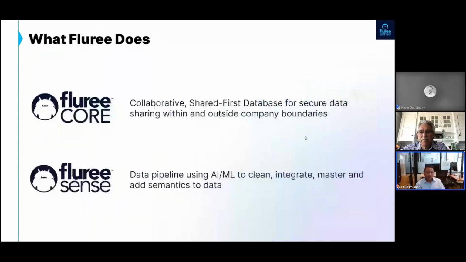Now, this is where we talk a little about Fluree and Fluree's vision, how we support this data-centric architecture. For those who don't know, Fluree has 2 core products. There's one product which is called our Fluree Core. This is what we call our collaboration data platform. It is a database that was designed with real-time sharing and collaboration in mind, with high levels of security,